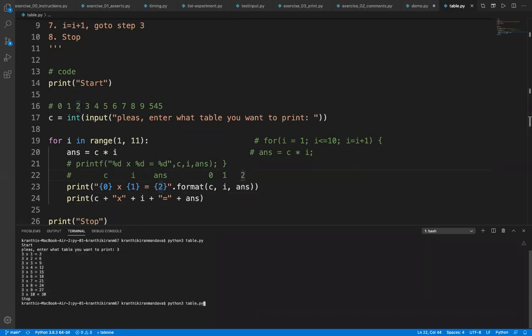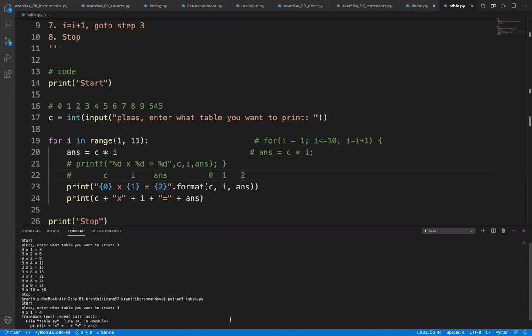So in compilation, there will be only syntax errors given. No other errors will be given. Other errors will only be given during interpretation. So it starts, okay. Let us enter 4 this time. Yeah, what happens, you see? It gives me an error.